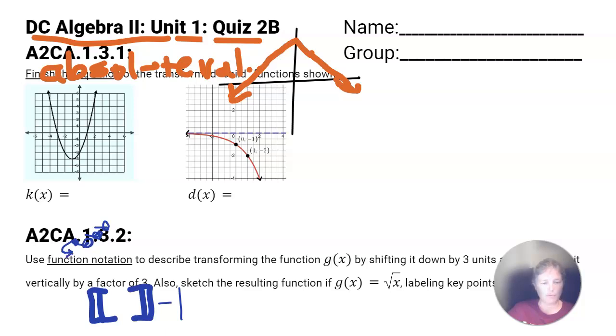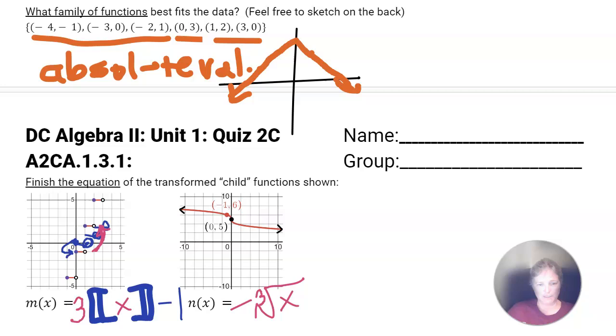But the problem is my normal step is up by 1. This one clearly has a step that is larger than that. To go from one to the next, I actually have to step up vertically by 3. That is a vertical stretch. So there is a 3 right here, and there's no horizontal shift, so this is the greatest integer function that they're talking about. And this is a cube root shifted up by 5 and reflected. So there's a minus. Cube root of x shifted up by